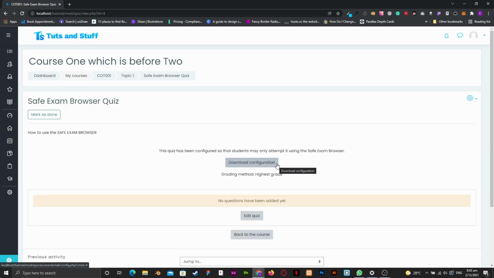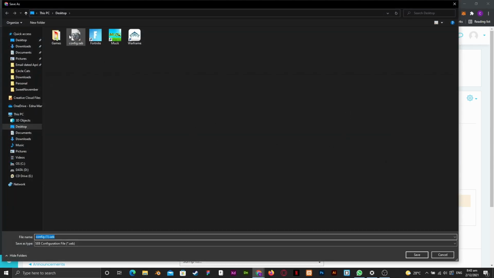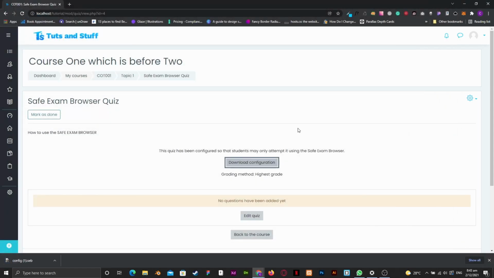You'll notice here where it says download configuration, we'll click that. I'm just going to save it. I have one downloaded already. Alright, with that downloaded, you then open a new tab